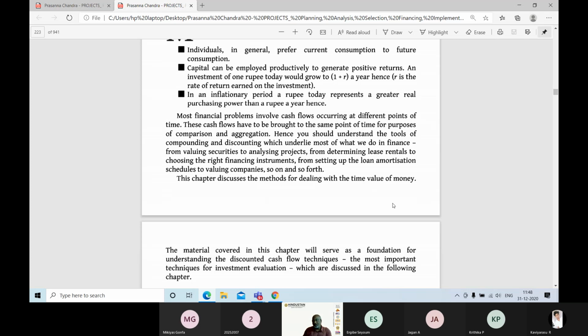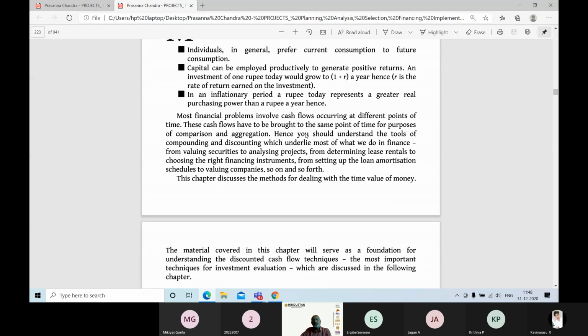they are having that 5-year projection plan. Then all the things, the 5-year means this is 2021, 19, 2018, 19, like that. The financial year is available. Then you have to calculate all the things, and you have to bring them down to the date as on today. Then only will it be comparable. Like that, it is mentioned here. And all the cash flows are brought to the same point of time for the purpose of comparison